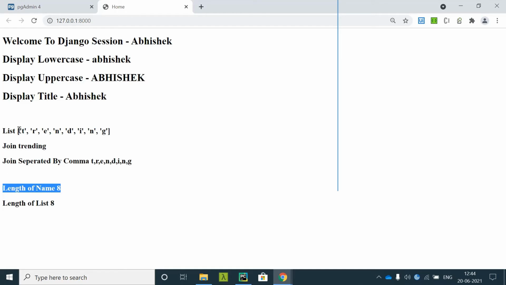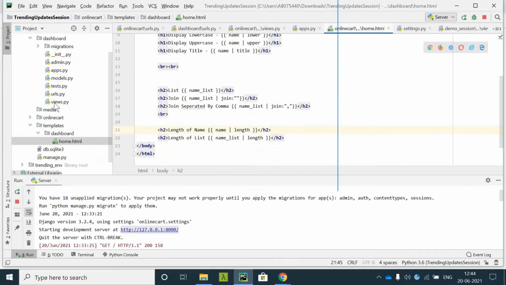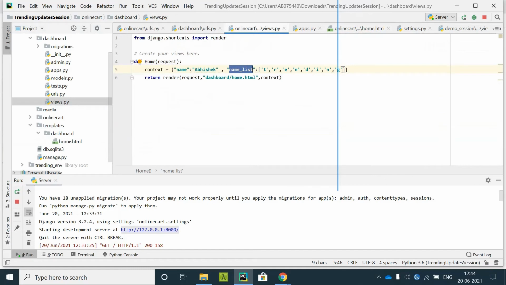And what is the length of trending? Like the list, there are 8 elements available in the list: 1, 2, 3, 4, 5, 6, 7, 8. Suppose I add one more, say capital U, which means I am adding one more element to it.